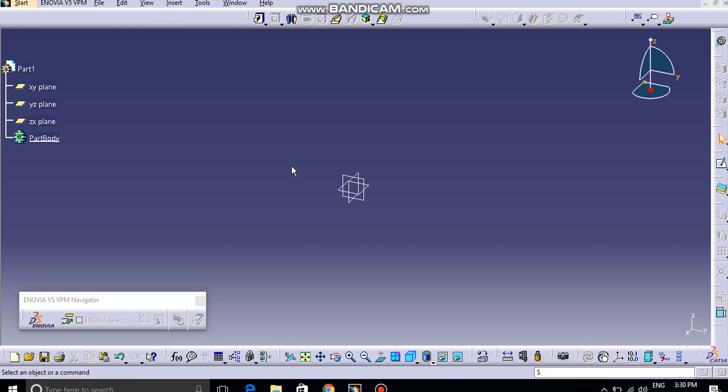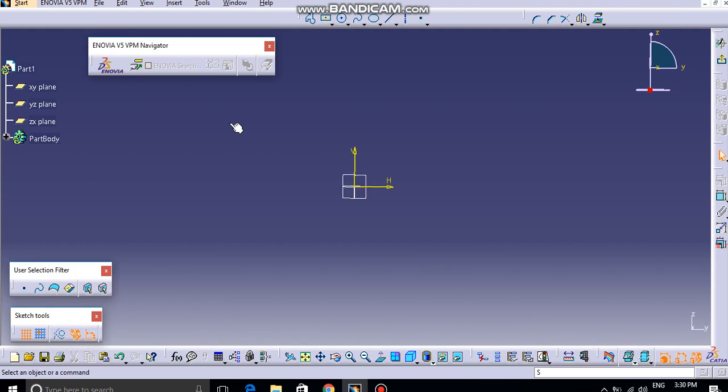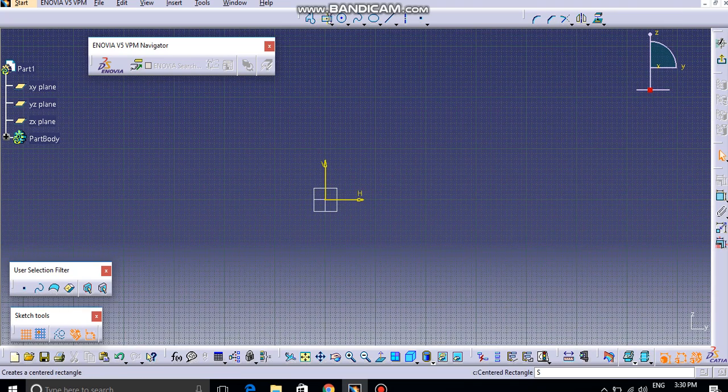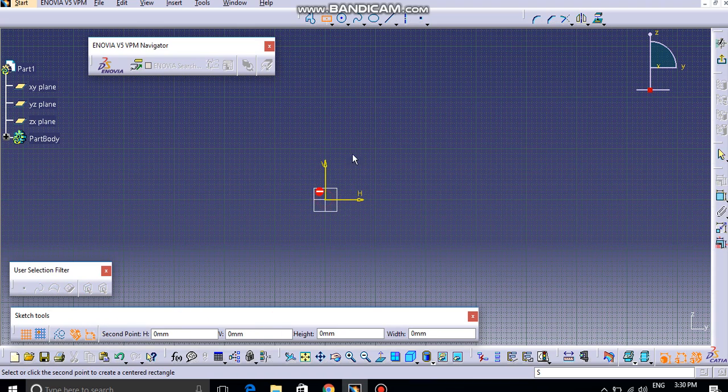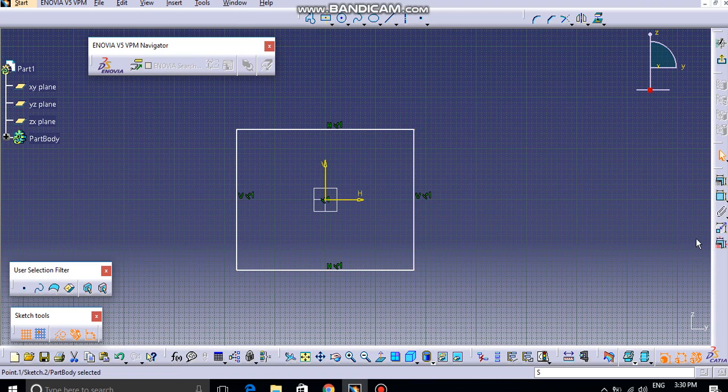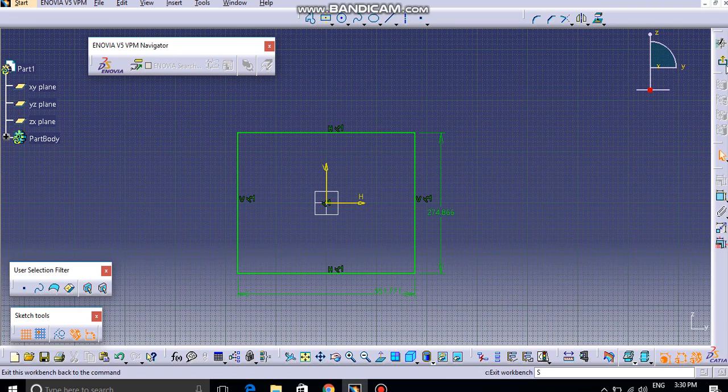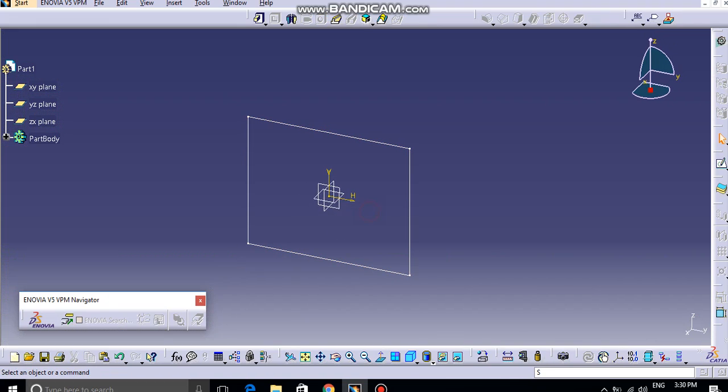In this video tutorial, we are going to see the pad option inside CATIA V5. First of all, I can select a sketching plane, go into sketching mode, and here you can sketch anything that you want to sketch. Suppose I want to sketch a rectangle, and after that you can provide dimensions. Once it is fully defined, you can just exit from the sketching environment, and then you can select this pad